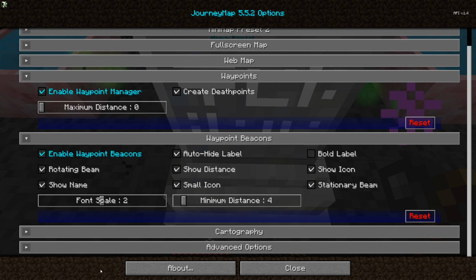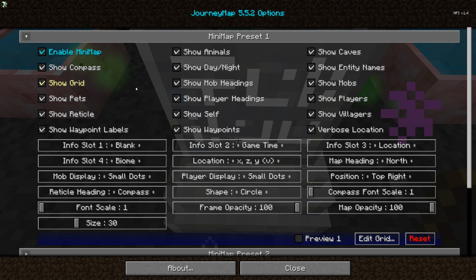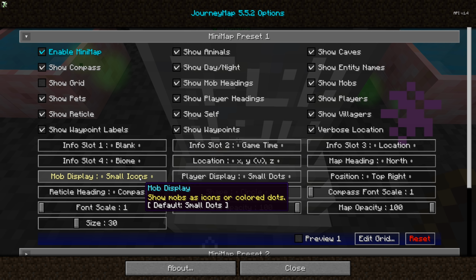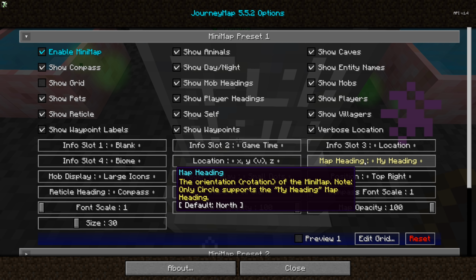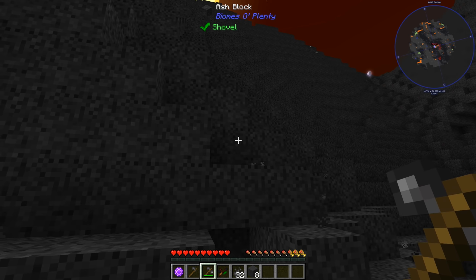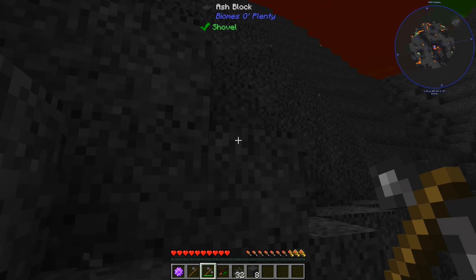I wanna go into options. Let's close these. Minimap preset 1, I want the grid off. I like having it show X, Y, Z. And then I also want mob display as large icons. And then I want the map heading to be my heading. Okay. So those are pretty much the changes I make to the minimap every single time. Just so it kind of spins. I know what's in front of me instead of like...